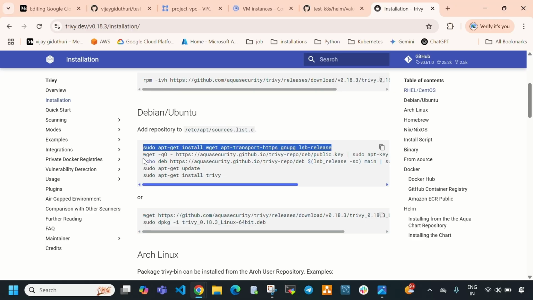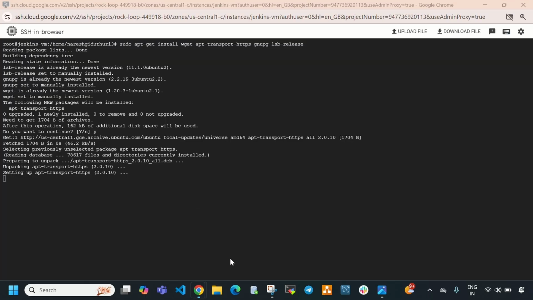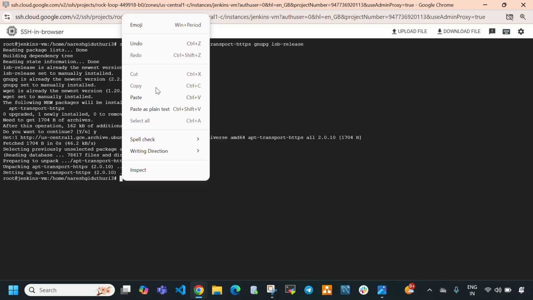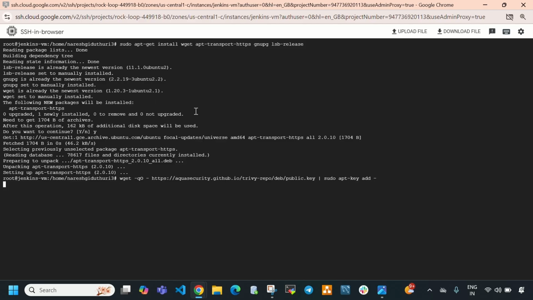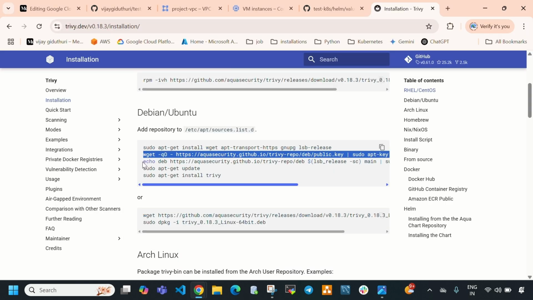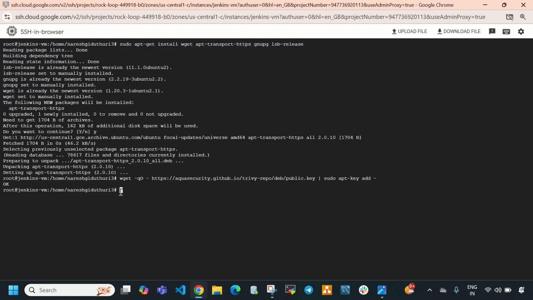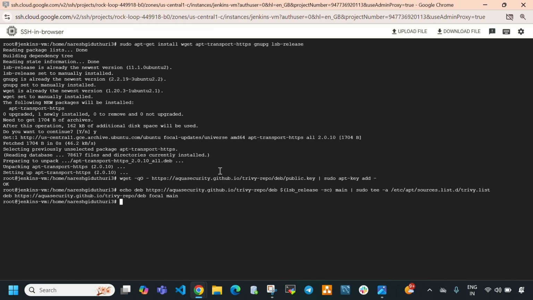And meanwhile let me copy this second line and paste it here. Let me copy this third line, paste it here, and now let me update, apt update -y,